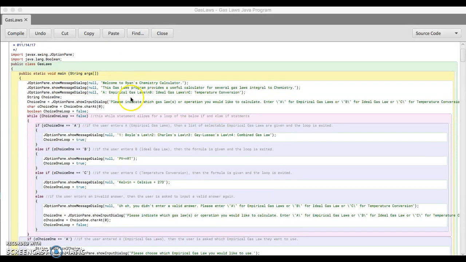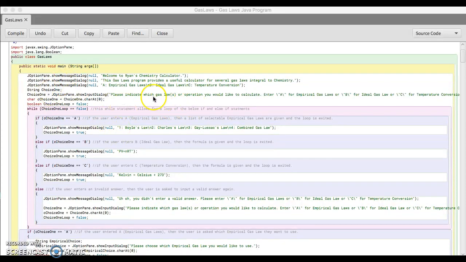And so, as you can see here, it's printing out through the JOptionPane message dialog. And by doing this, and by also using the \n, you're able to make several lines on only one window of text. So here it is asking the first choice of what gas laws or operation you'd like to calculate,